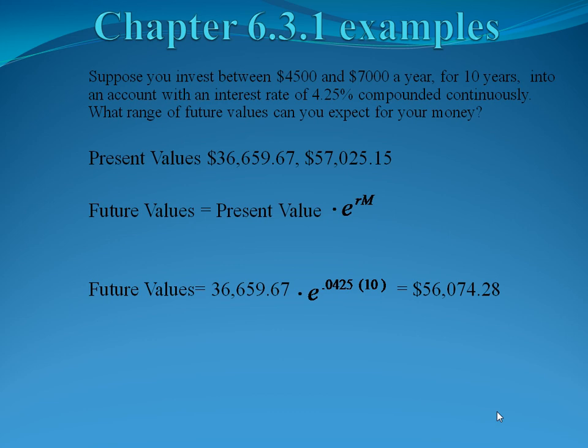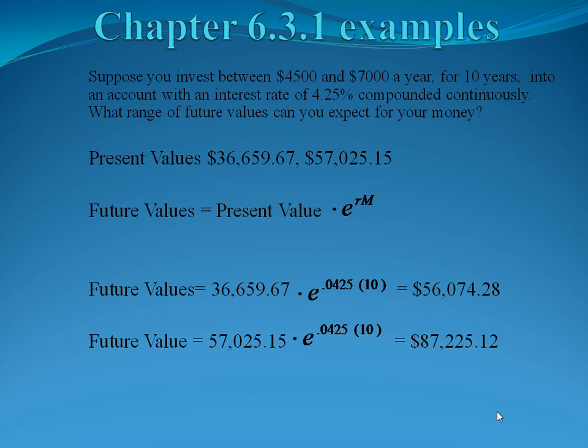$56,074.28. We also want to do this with the high end of our present value, the $57,000 present value. So the future value there would be $57,025.15 times e to the 0.0425 times 10, which gives us $87,225.12. So the range of our future values, based on the range of our investments, will be between